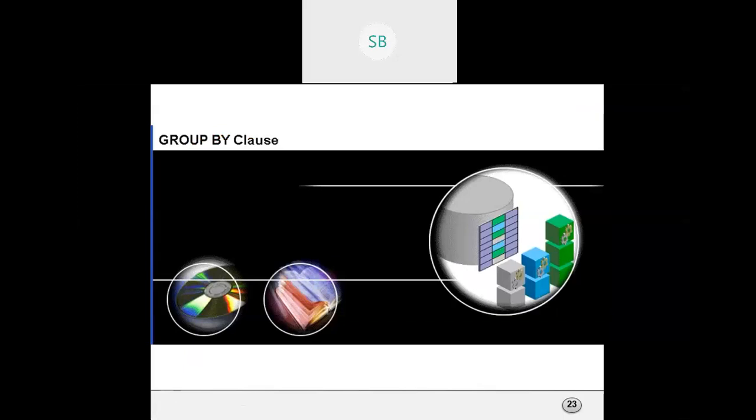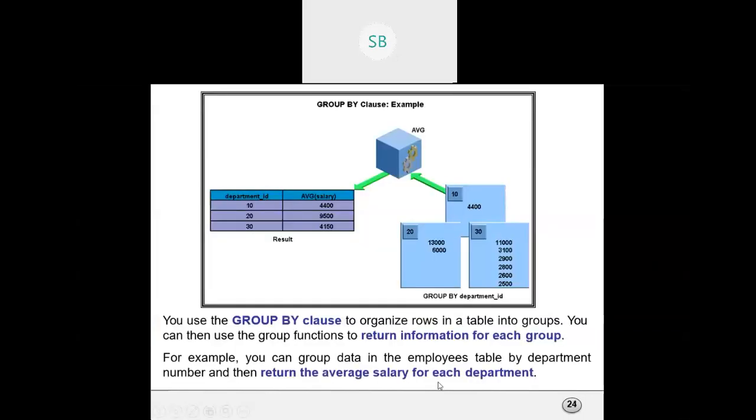Now we come to the important part, which is the group by clause. You can use the group by clause to organize rows in a table into groups.